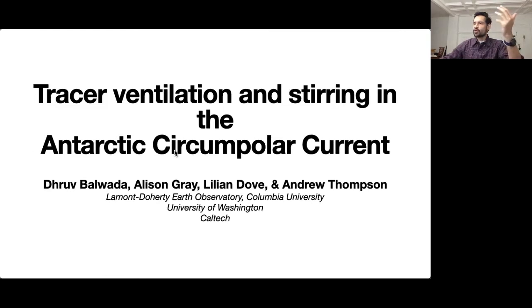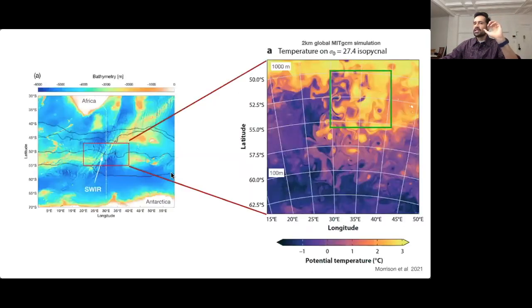So now that we have this overview, let's focus on a specific region of the ACC for this talk. The region we will focus on is one of the regions where the ACC interacts with topography in the Indo-Atlantic Ocean. Here, I'm showing a map of bathymetry in this region, and the black lines are approximate locations of where a few of the ACC fronts are. Now, as the ACC goes over the Southwest Indian Ridge, marked as SWIR over here, it meanders and generates a